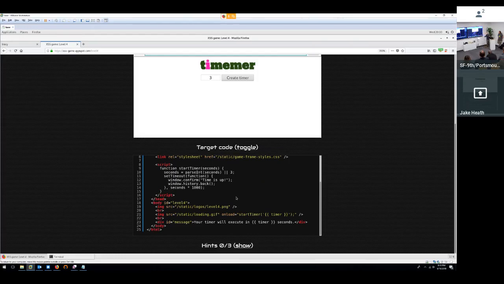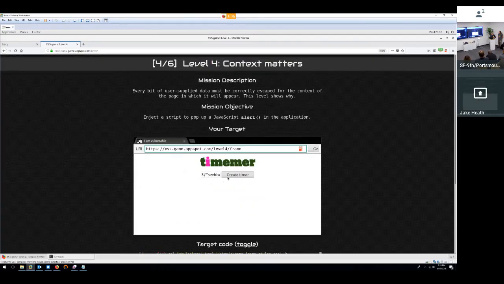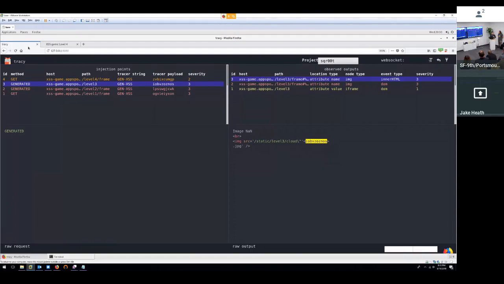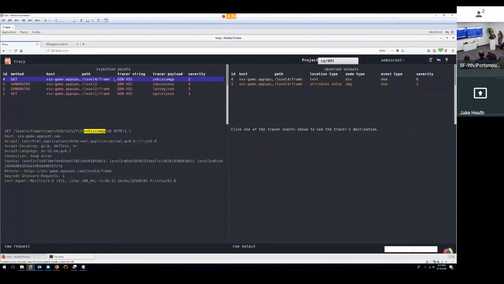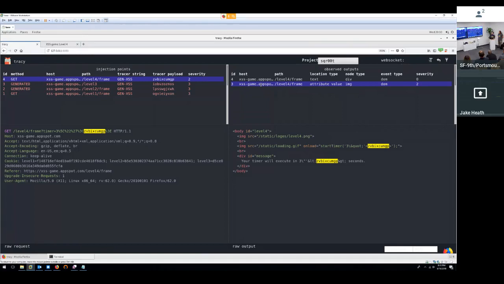with a user-controlled input. This is escapable because we can use a quote and then execute our own JavaScript or whatever. But Tracy happens to know that onEvent handlers are super bad. So if your user input lands inside of an eval statement like this in this onEvent handler, it'll figure it out. It's a little harder to prove that it's vulnerable in this case, so it flags it as orange, but it's still worth looking at. If you just click the output, you can see exactly how your user input is inside of this onload handler, and then the pen tester can go and make their